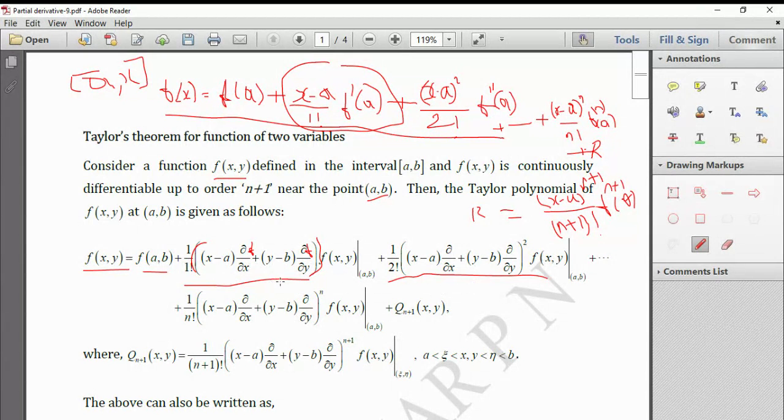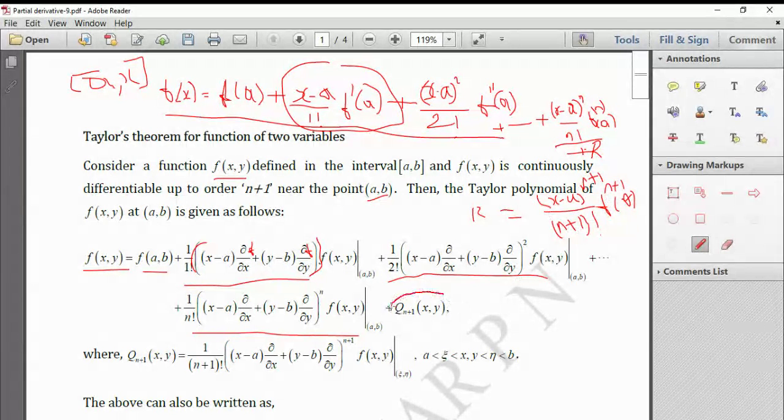So in the same fashion here, to the power, first derivative, next we need second derivative, right? Plus similarly 1 by 3 factorial of (x minus a) ∂/∂x + (y minus b) ∂/∂y to the power 3 of f(x,y) at (a,b). It goes on up to where? Up to n. So 1 by n factorial (x minus a) ∂/∂x + (y minus b) ∂/∂y to the power n of f(x,y) at (a,b) plus